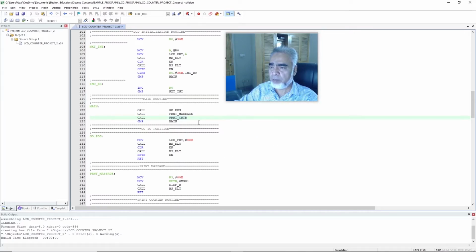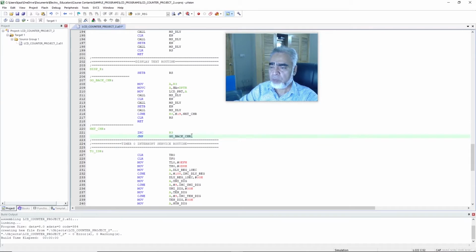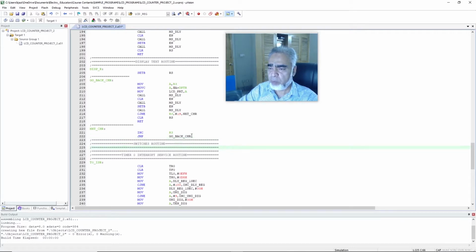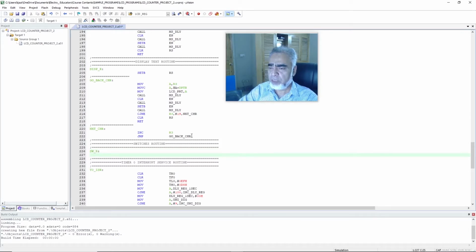in our main program, that is switch routine. So here we will write that is call sw_r, that is switch routine, and here before timer 0 interrupt service routine we will write the new subroutine, that is switch routine. So here we will write the name of our switch routine, that is sw_r using colon, and here we will check the status of the start switch, and we will write that is